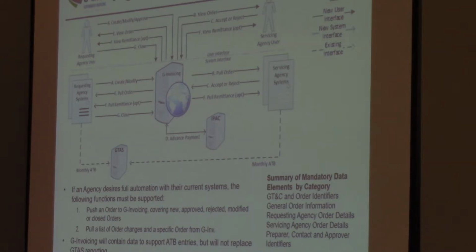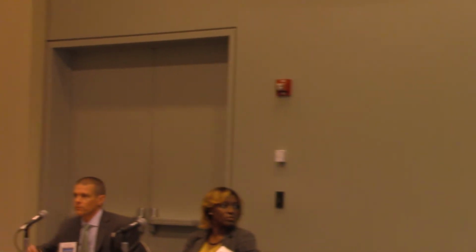So the concept of the wrong TAS getting hit still exists if you put the wrong TAS on your order, but you have the opportunity here to actually go through that process and make sure that you understand what TAS you're hitting and your trading partner understands it as well. So that's important to note. That's a big piece that we pulled up out of the IPAC world and put upstream. Performance is the key thing, and